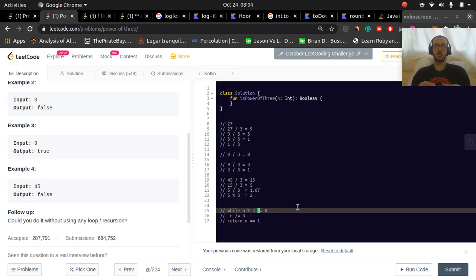So you cannot raise 3 to any number and make it negative. So if it's a negative number, we have to return false. If it's 0, we need to return false. So we'll wrap this all in if n is greater than. What do we do if we get 1? If we get 1,